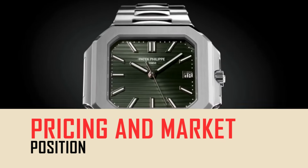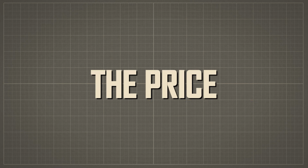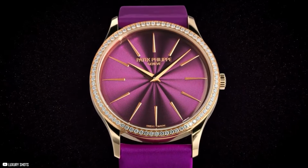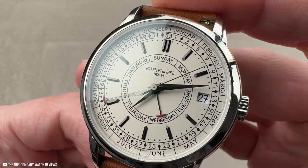Pricing and market position. Alright, let's get into the nitty-gritty. The price. Because, let's be real, with a brand like Patek Philippe, the price tag is part of the conversation. You're looking at some serious numbers here. The stainless steel reference 5121A comes in at a cool